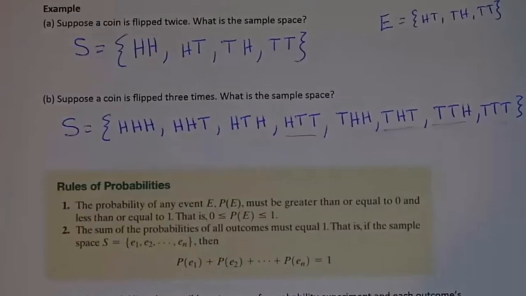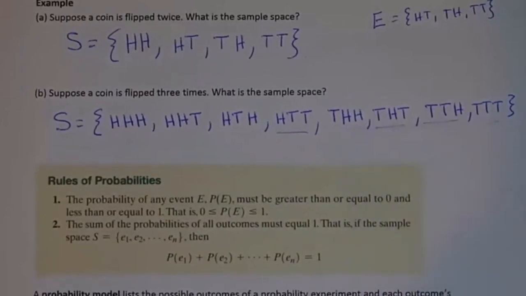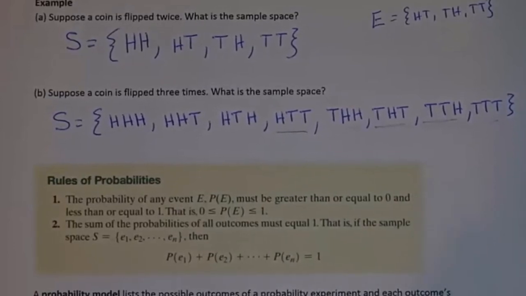The trick to probability is making sure you find what you're asked for. So probability as a concept is not hard. You already understand probability. What's difficult about probability is that it's tricky. You have to be very precise. So when you're asked to find the event of exactly 2 tails versus at least 2 tails, you got to pay attention to the words, right? So at least means it could be 2 tails or more. Exactly means it has to be 2 tails. So you got to pay attention to those kinds of things.